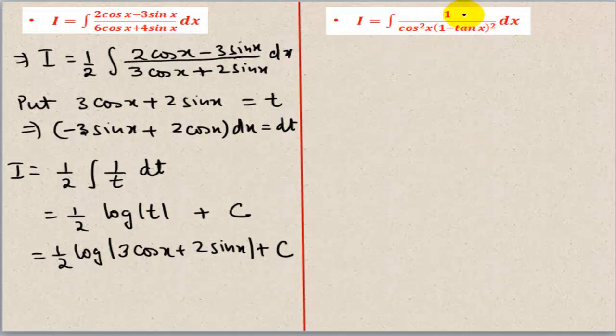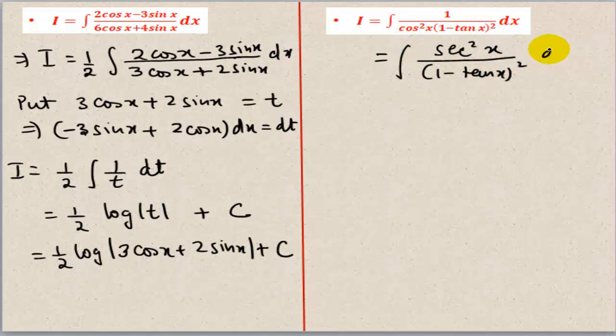Let us take one quick one here. Can you recall, or can you make out, what changes should be done here so that a part of this becomes derivative of other? We can replace 1 over cos square x by sec square x and the work is done. Denominator is 1 minus tan x whole square. You can easily visualize which part should be substituted t so that the rest gets converted into its derivative.